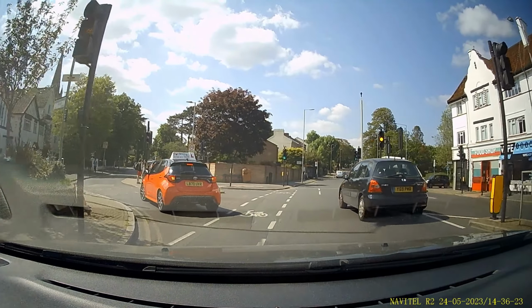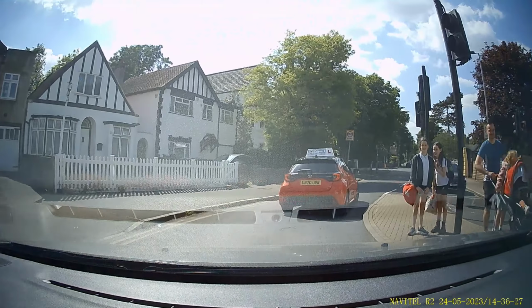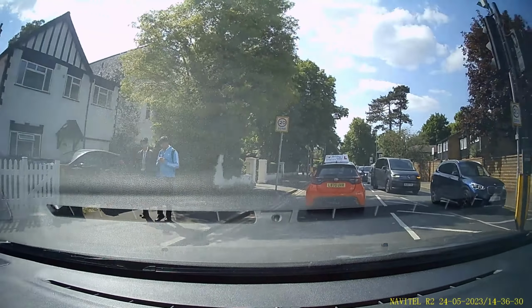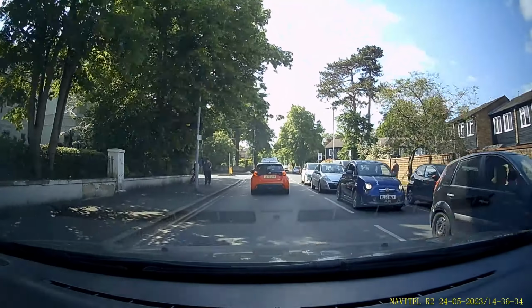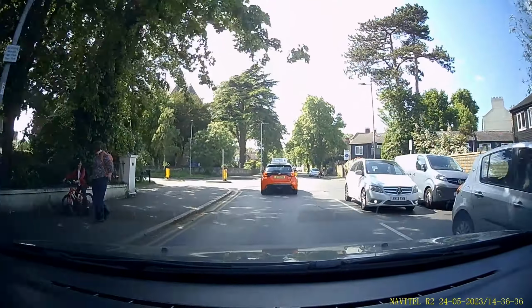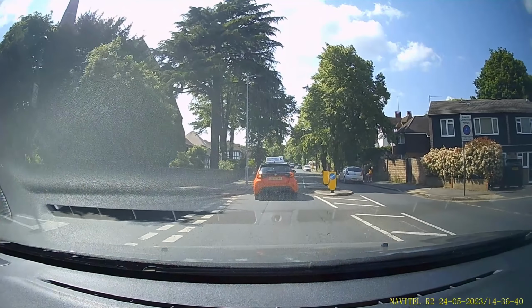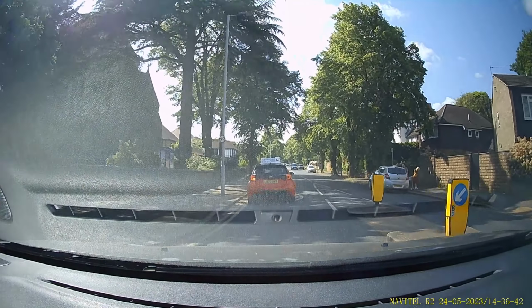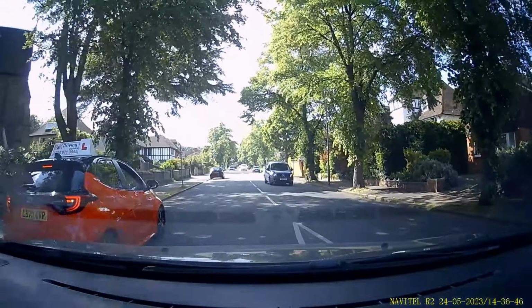All right, looks like we're turning left. So the common thing is to ask you to stop on the left in one of the bays just after this road on the left. You see the learner in front of us is already indicating they will pull up on the left. Obviously check your mirror, go around them,